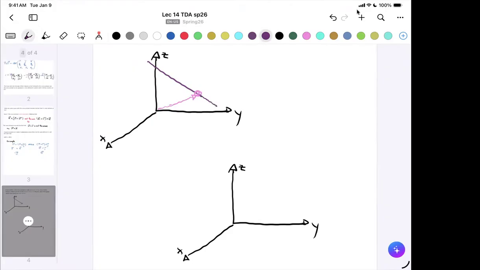When you have the particle, you can draw the position vector of the particle, right? So this is the position vector of the particle at some time t1. And if the particle moves in this direction,